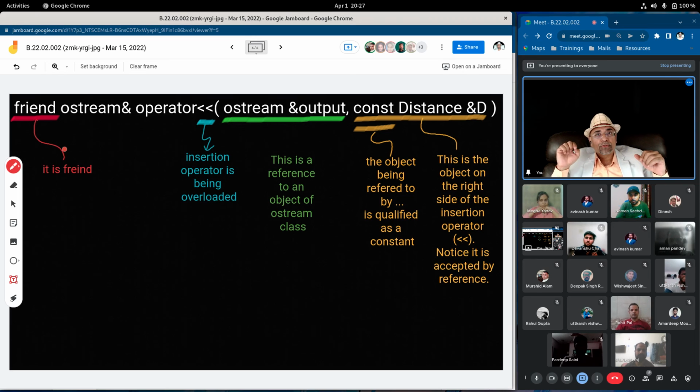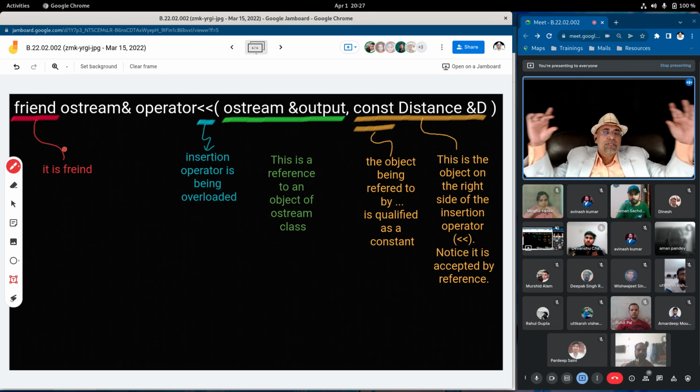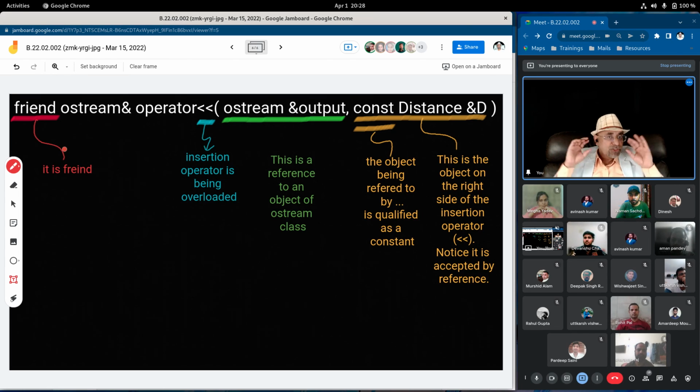The friend function should be given as a prototype in both the classes, and it is not called part of the class, it is called a friend of the class, which can access both public and private sections of the class. Such a function should take as arguments objects of both the classes. You remember I told you in the beginning.